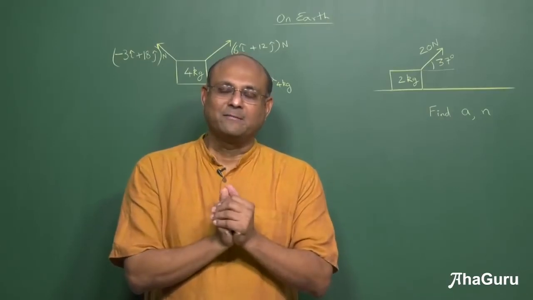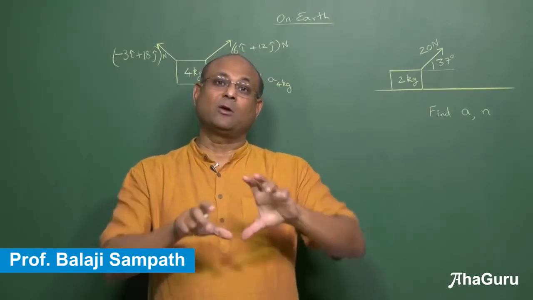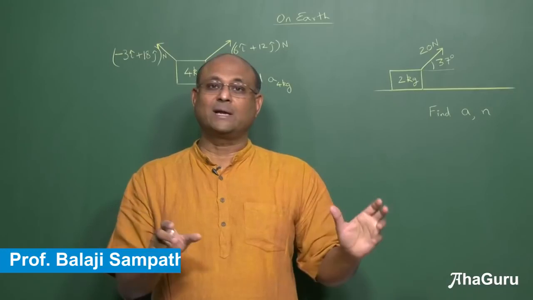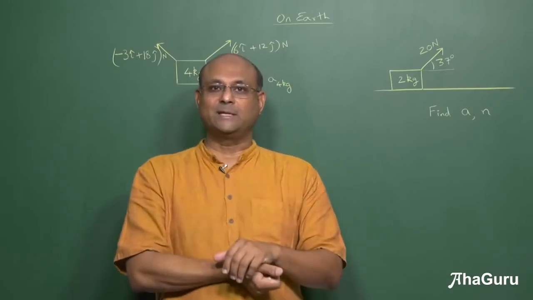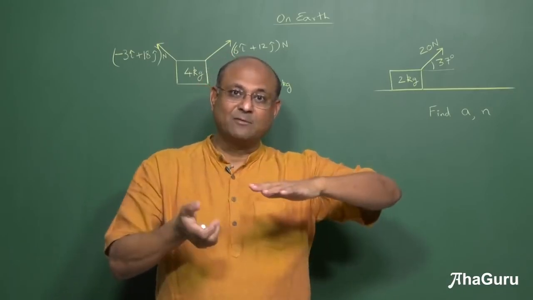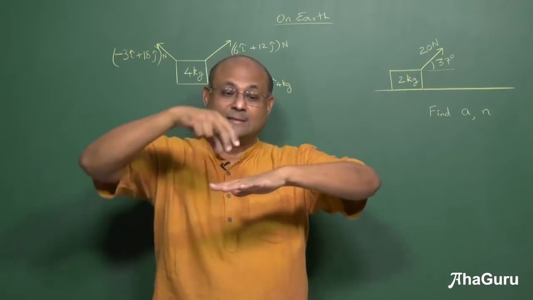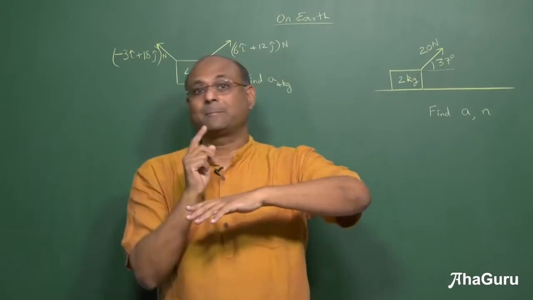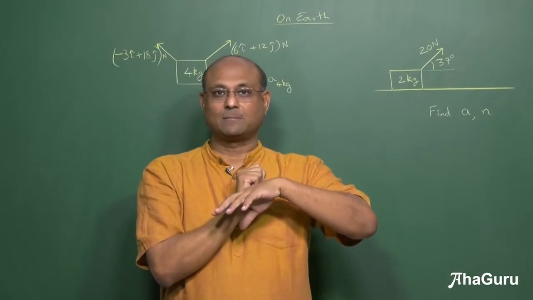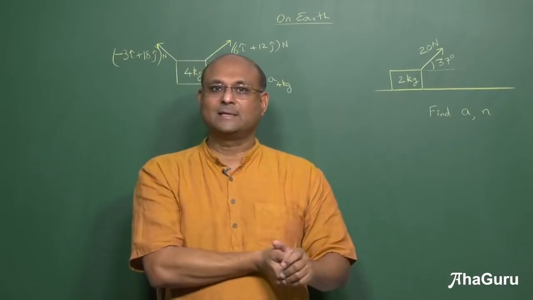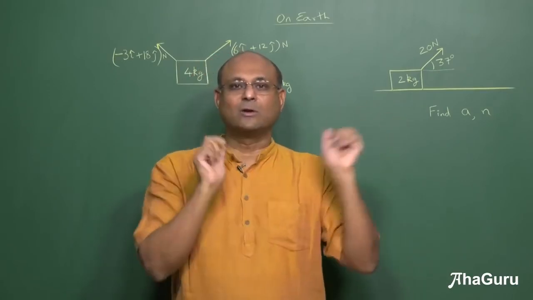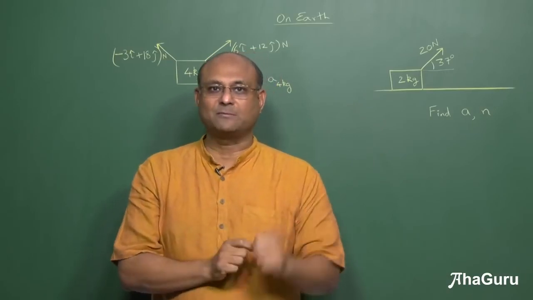In this concept, we are going to learn what happens when objects are near the surface of the earth. You know that there's going to be a gravitational force mg, and if you are on a surface, for example on a table or on the floor, this block is going to press the floor, so you're also going to look at normal forces. As long as we were dealing with things in space, we could have ignored gravity, but you can't do that when you're at the surface of the earth.